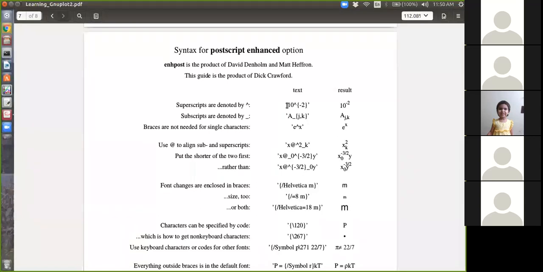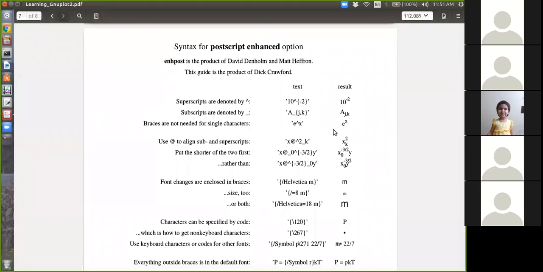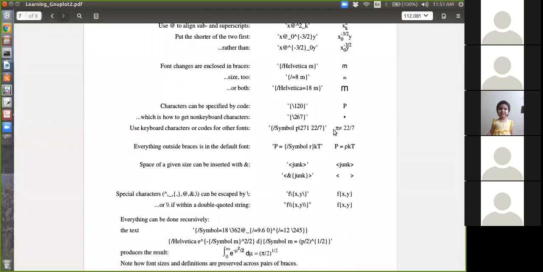So you can see within this quotation, if you type 10, this is the power, like your LaTeX command, 10 to the power minus 2, the second bracket is the active zone. So the whole thing, minus 2, will come as the power of 10. Okay. Similarly, for subscript, it is denoted by underscore. So again, A underscore J comma K will appear as A subscript JK. So let me try some of them randomly. It is not possible to try everything.